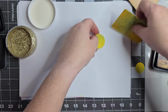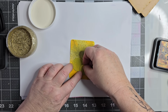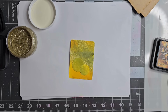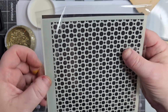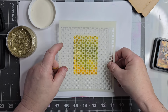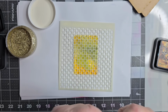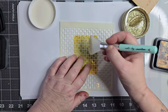So, what I want is if I put them there, because that's where I'm going to have them. If I get my stencil that I'm going to use, which is going to be... What have we got? I'll go with this one. I don't know if they have names on these. Oh, wait a minute, I never noticed that. Oh no, it still doesn't tell me. It says Funky Fossil. Anyway, I want it all round, but I don't want it on these two circles. So they're just there to stop me from touching it. I should have done this one first, actually, to be fair, so it gives it a chance to...